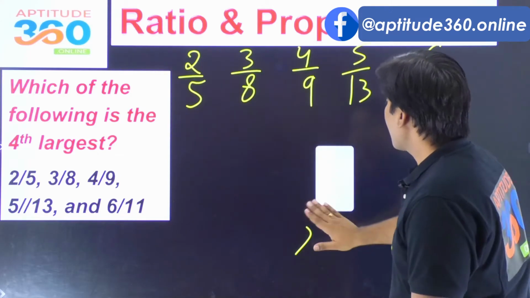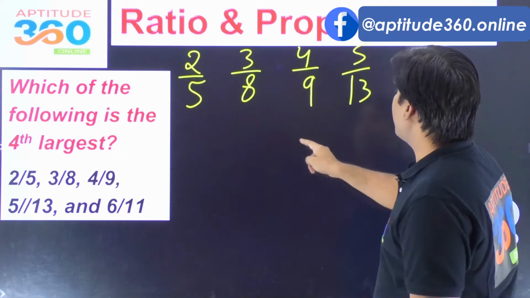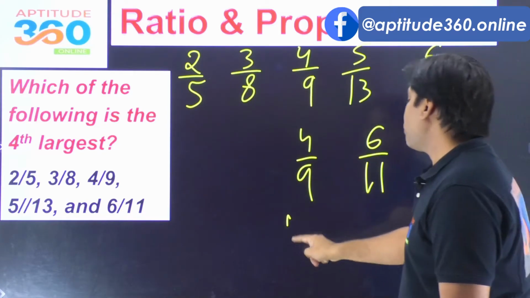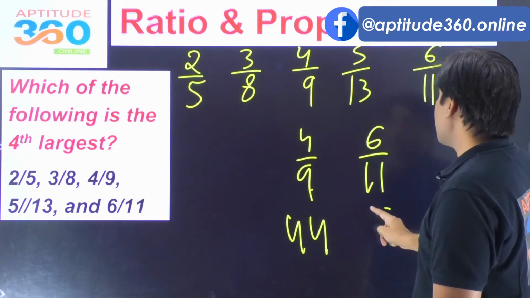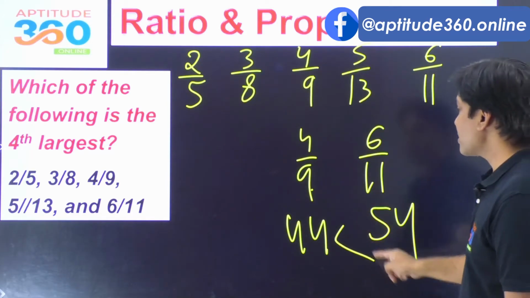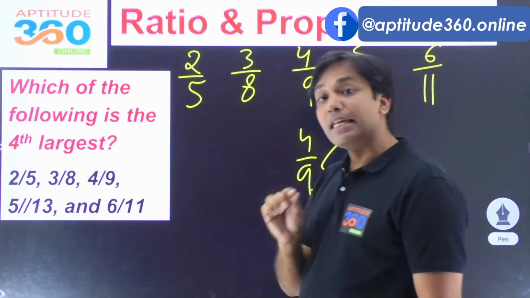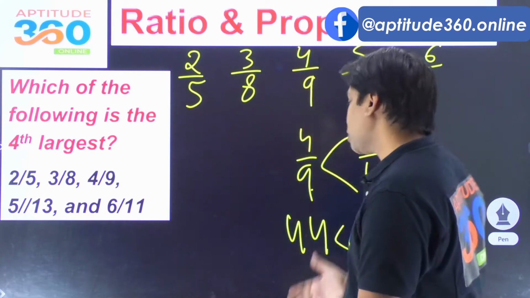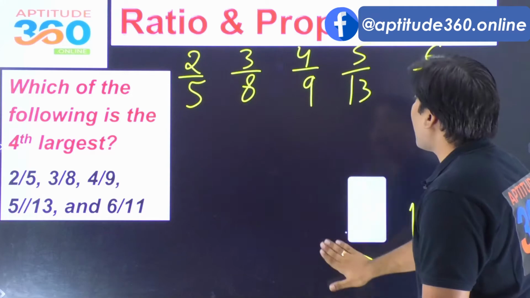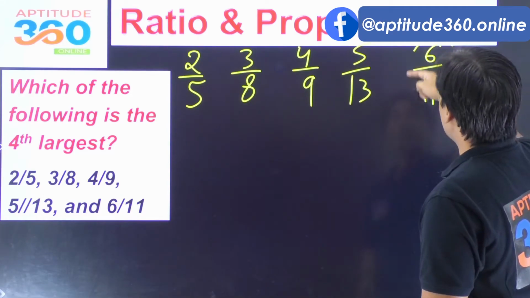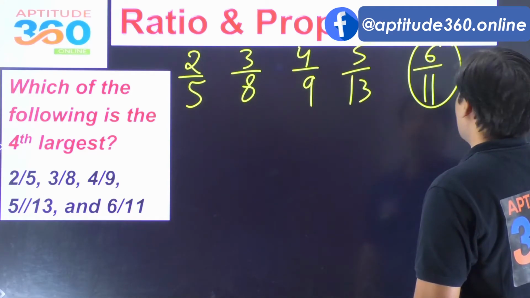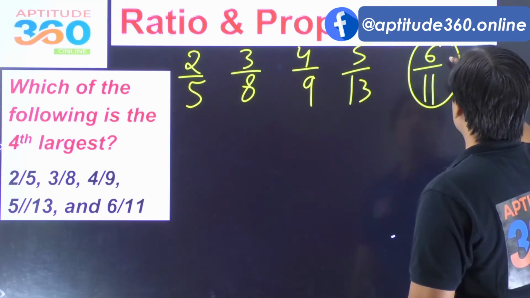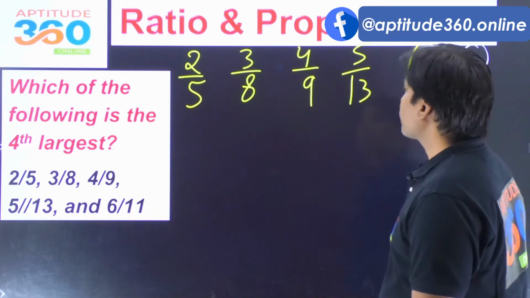5 by 13 के बाद में 4 by 9 को अब आप कंपेयर कर दो 6 by 11 से, this is 44 and this is 54 because this is bigger, so 6 by 11 is coming out as the largest fraction here। चलो जी, लार्जेस्ट फ्रैक्शन आ गया, तो अब आपको करना क्या चाहिए भाई, 6 by 11 तो गया, क्यों गया ये, बिकॉज दिस इज द लार्जेस्ट ऑफ द फ्रैक्शंस, so this is number 1।